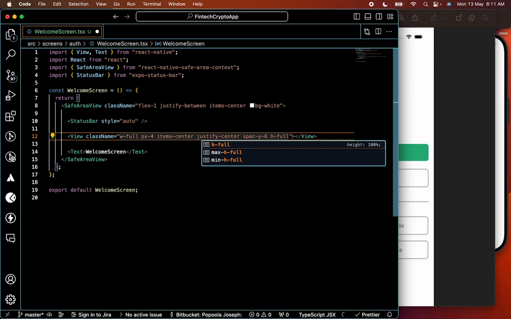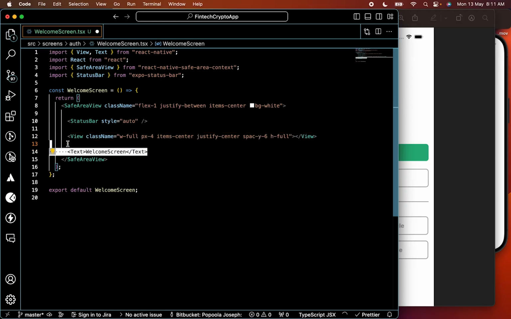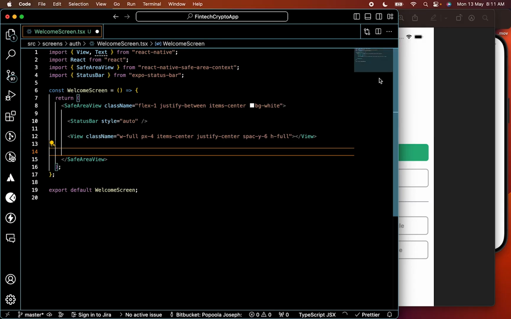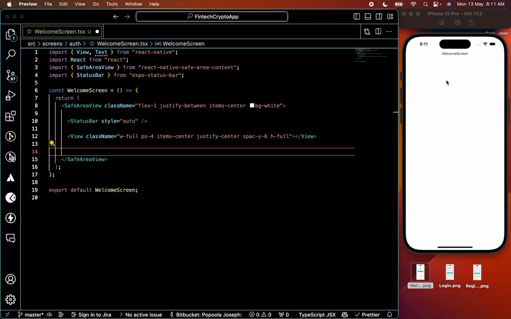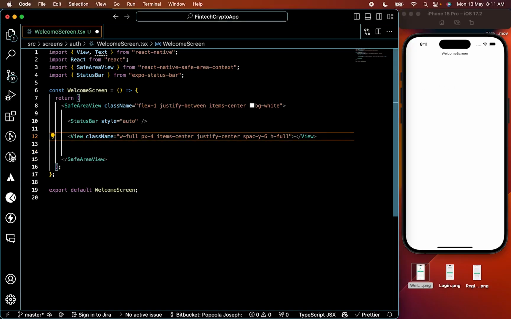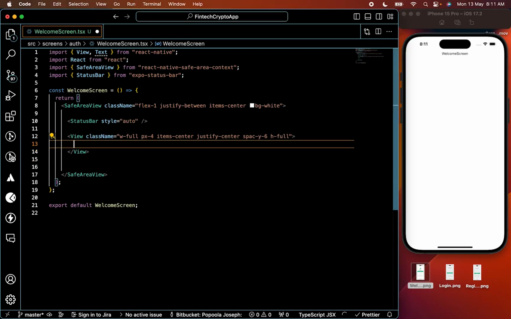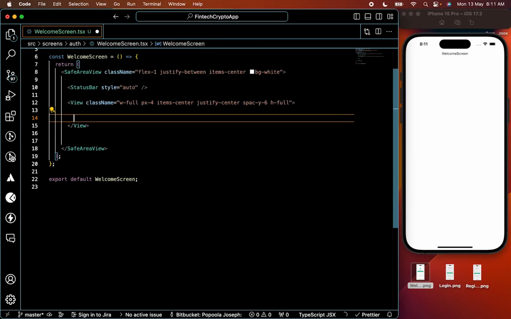That is what I want for my view. So this, I can as well just delete this, and let me minimize this so that it doesn't interrupt what I'm doing right here. So right under this, I'm going to say the first thing I want is a welcome